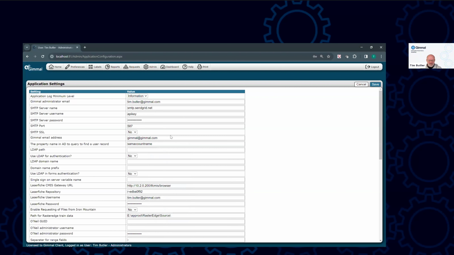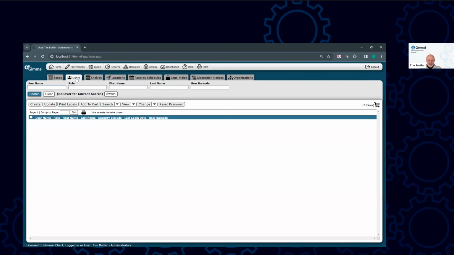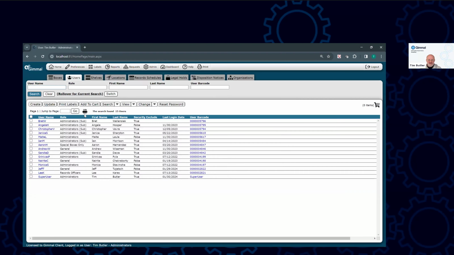Now, the second big prerequisite, of course, is that in order for Gimmal Physical to successfully send emails, it needs the email addresses. And there's really two places, guys, where you can, outside of this there's a general administrative one. There's two places where you house your emails. If I come back to the main screen and on your users tab, it may be called something a little different, but really what you're going to have is for every user of the system, if we go to say the view page here, and your system may be configured slightly differently, but the long and short of it is, right, guys, for users in the system, those whom you want to receive emails, we need to have their email